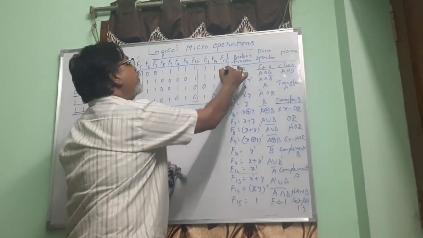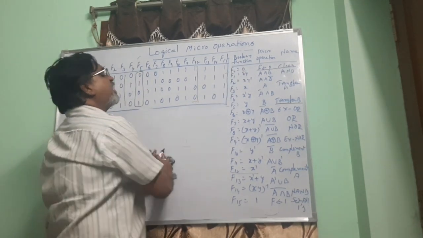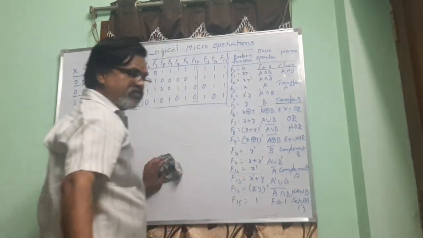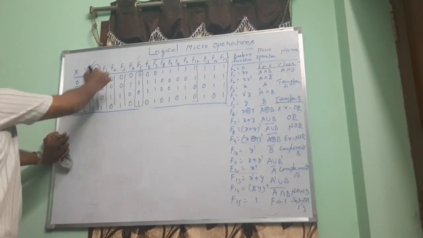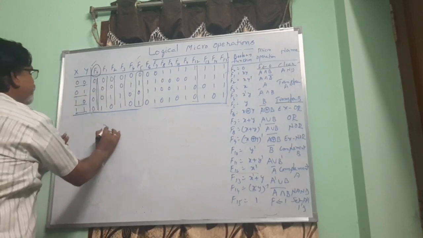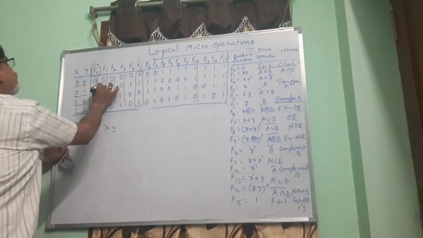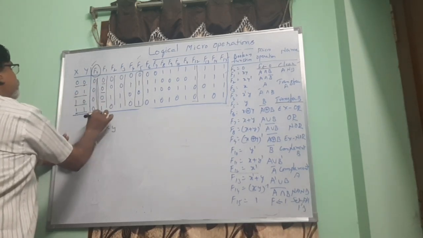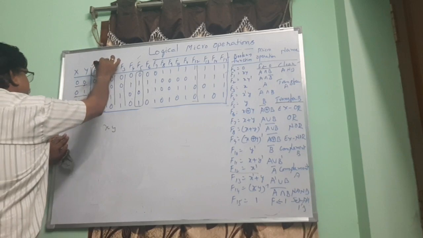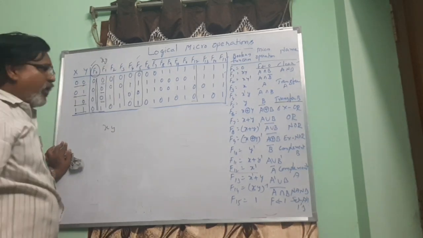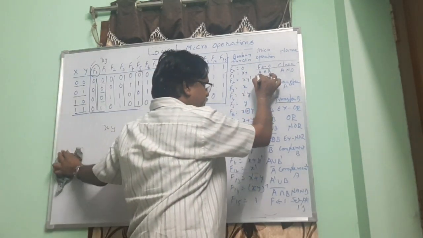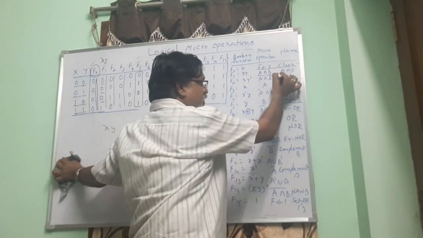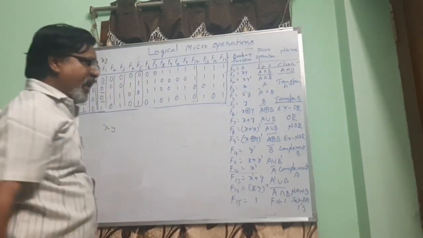So for the Boolean function F, first one. Next one, F1. F1 is xy. So you just see here F1 is xy. xy means 0 into 0 is 0, 0 into 1 is 0, 1 into 0 is 0, 1 into 1 is 1. So F1 here stands for the meaning of xy. What is actually the logical operation of multiplication? AND operation. So the name of this micro operation is AND.